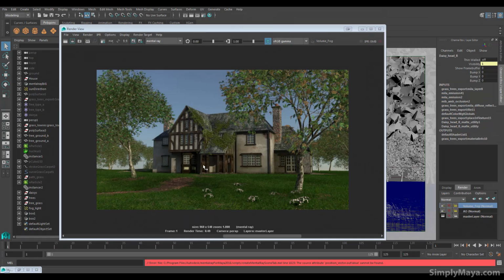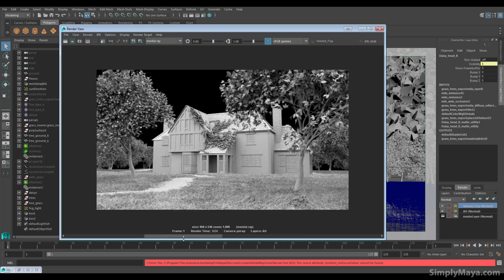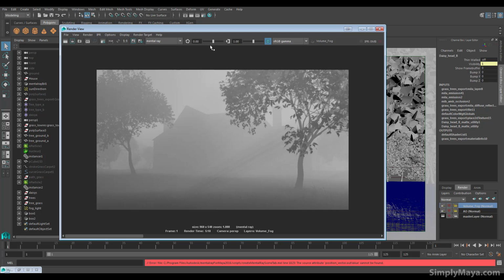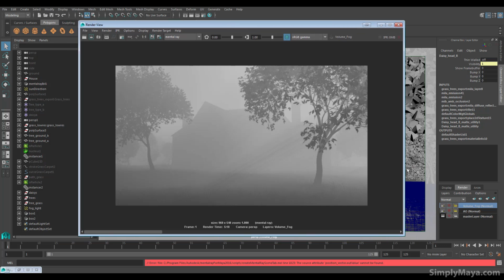Okay, welcome back. So in the last part we finished off our volume fog, and I've taken the liberty of just rendering out all three passes here. So this is our master beauty, our master layer, this is our ambient occlusion, and this is our fog. So it's not a bad idea to do a test render of these at low resolution, just to make sure all your material overrides are actually working. Nothing worse than rendering out a couple of hundred frames only to find that you've missed a material override and now we've got some kind of bright green trees in the fog pass,